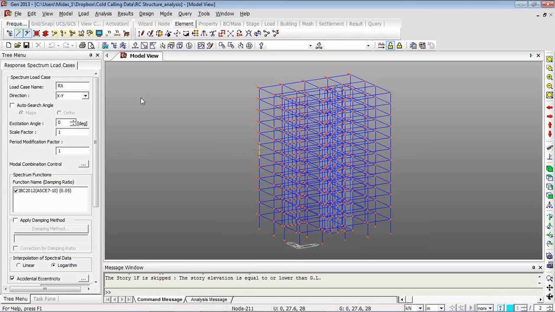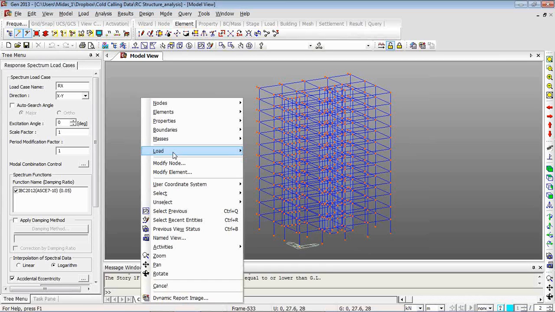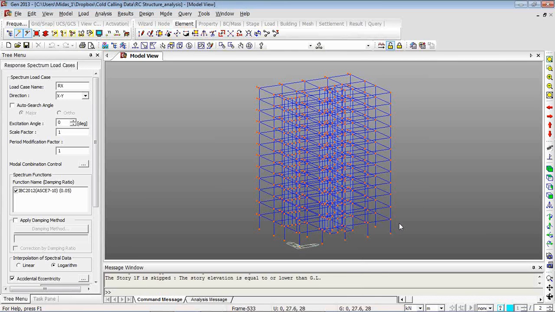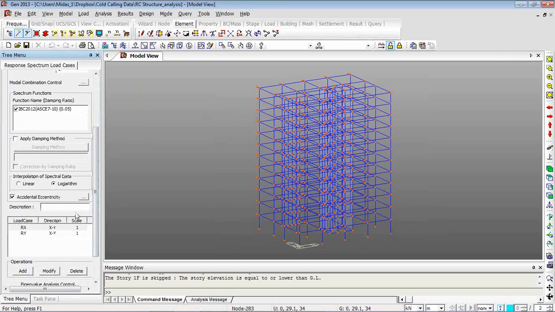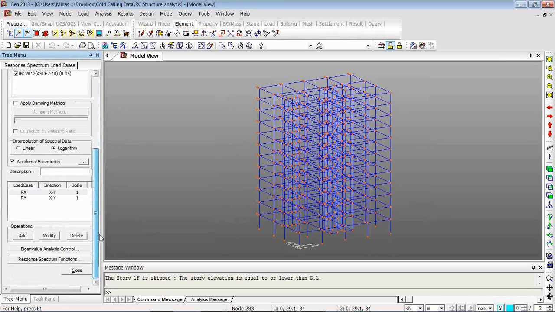when I went to load, and went to the response spectrum analysis data and the response spectrum load case, this tab will open on the left side of the screen. So I need to enter the name and select the direction, let's say X, Y, or Z. Now since this is a very regular plan, I don't need to select this feature. I give an excitation angle of 0, and I need to select the spectral function, the function I just created, and you can enter the scale factor,